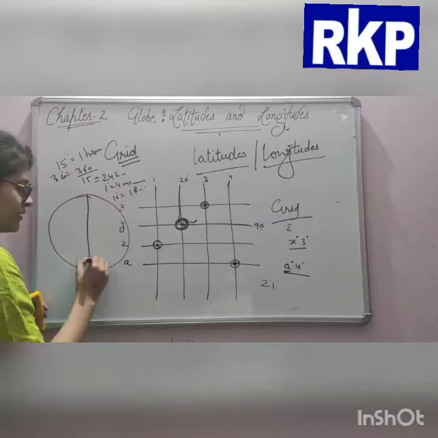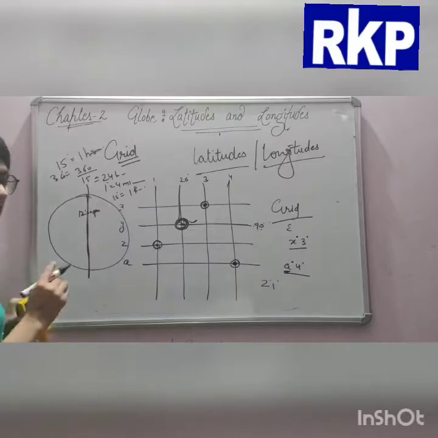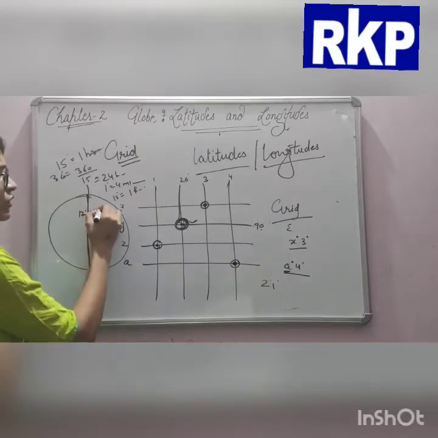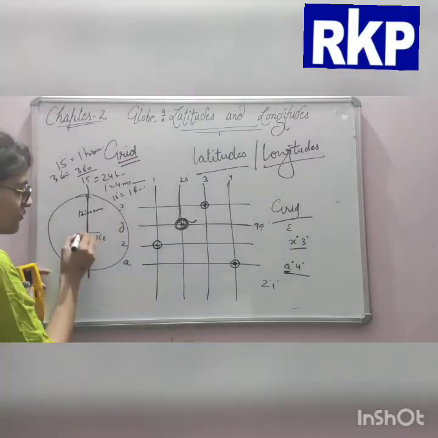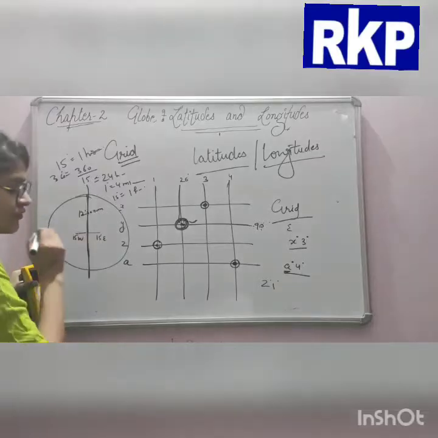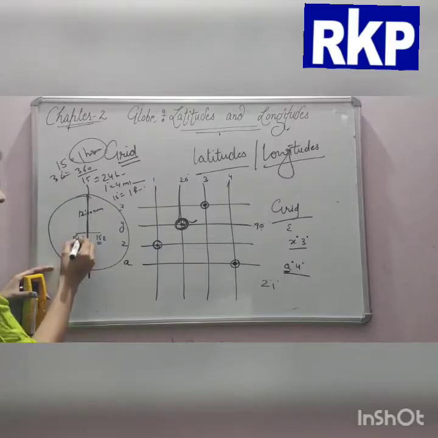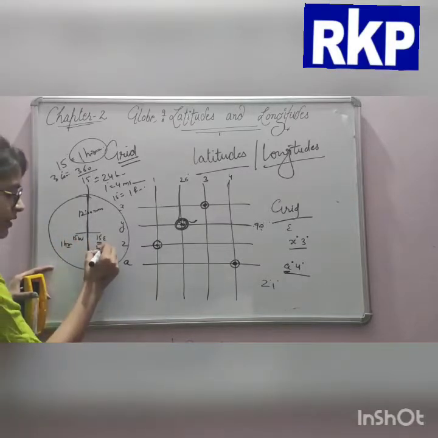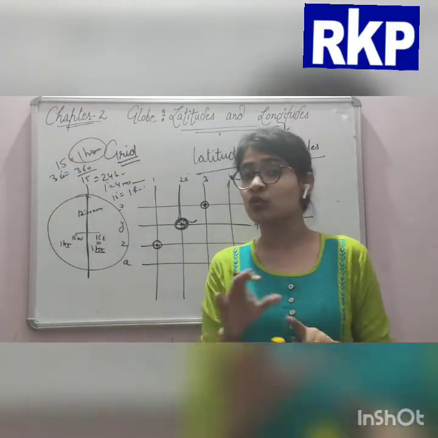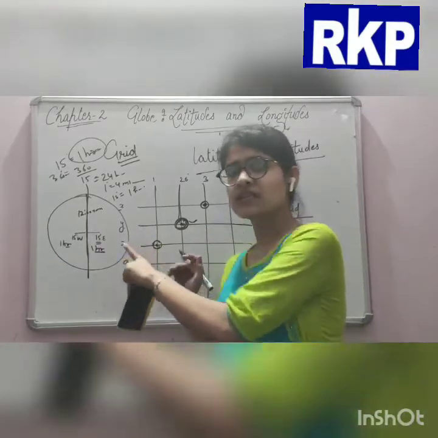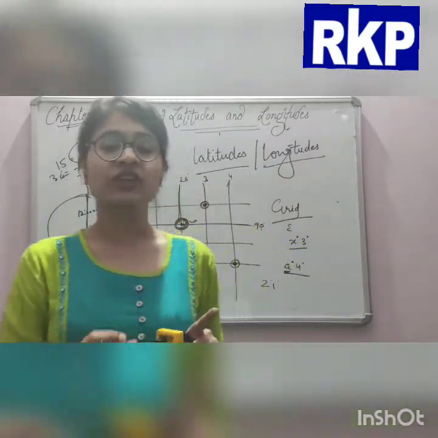Now suppose this is our prime meridian. There it is 12 noon. It means 12 p.m., or 12 noon we can say. So a place which is located at 15 degrees east and one at 15 degrees west. I told you 15 degrees is equal to 1 hour, and here also 1 hour. So will we increase the time on both sides? No. If we are moving eastwards we will increase the time, and if we are moving westwards we will decrease the time.